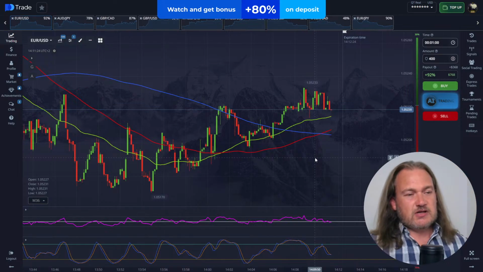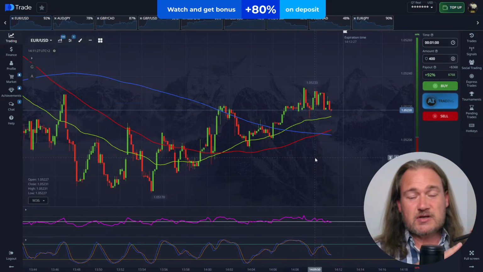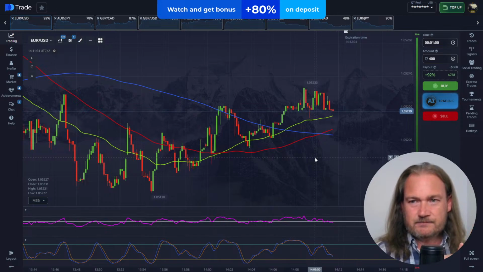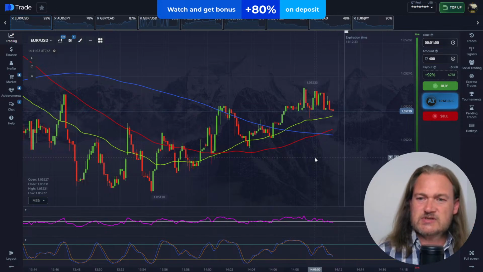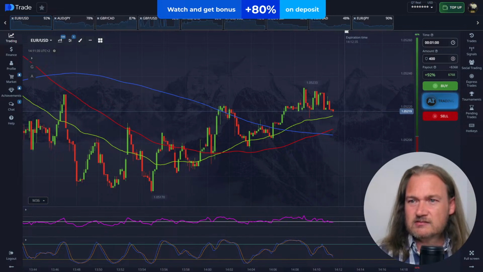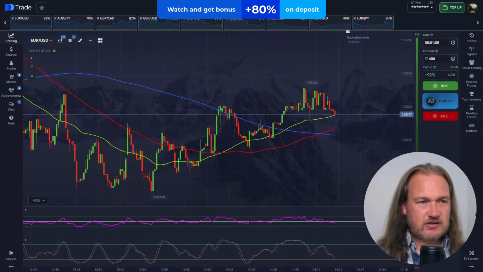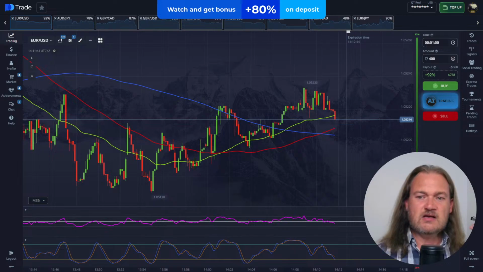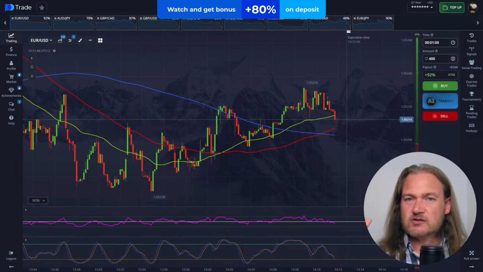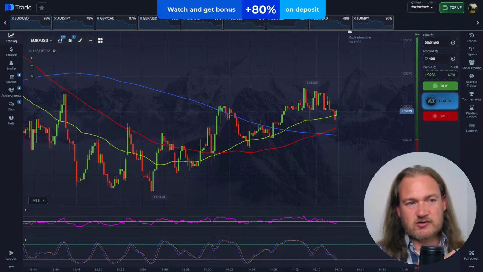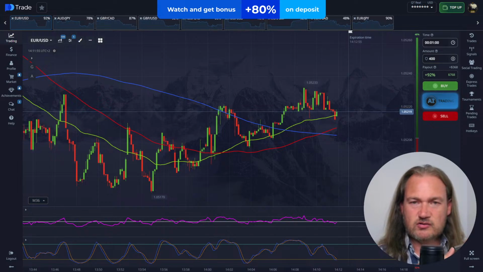So to recap quickly, price needs to be moving in an established trend, whether it's up or down. That's when we start looking for entries using this strategy. And then the first condition is price needs to make a correction that is either on or very close to